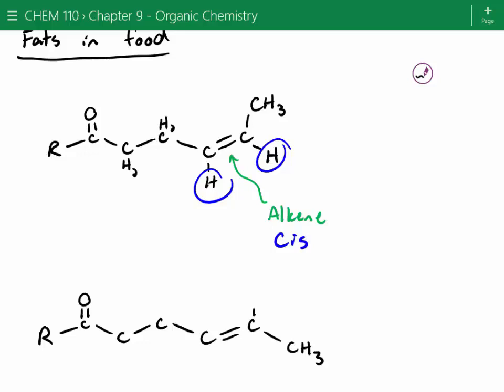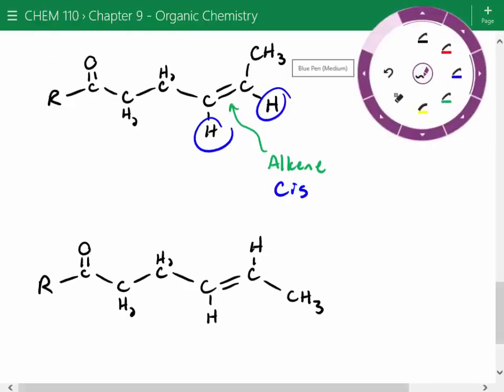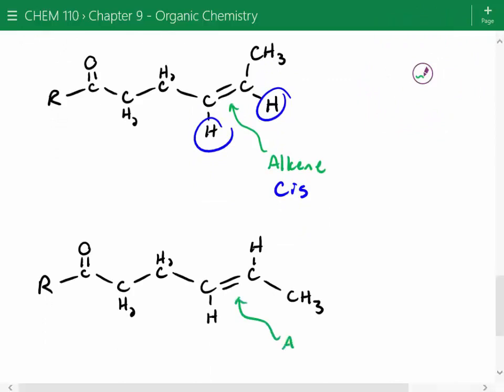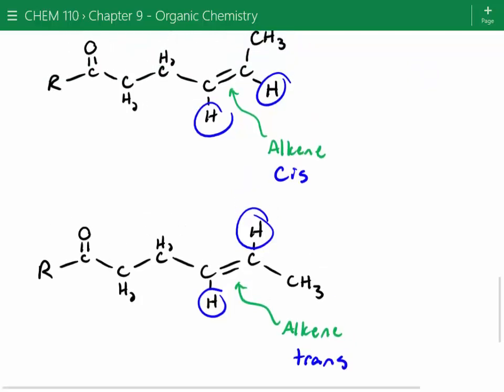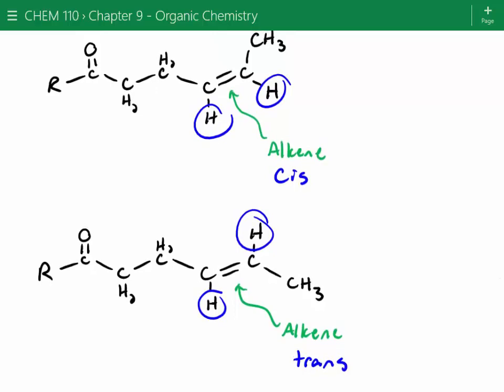We get a little bit of these occurring. So if we look at this, we still have an alkene in this oil. But this time, if we look at those hydrogens, see how they're on opposite faces? They're over on opposite sides. So always look at the double bond, you're just looking at what's attached to that double bond. So in this case, the hydrogens are on opposite faces of that double bond, so these would be considered trans fats. So this story behind trans fats goes all the way back to World War II.